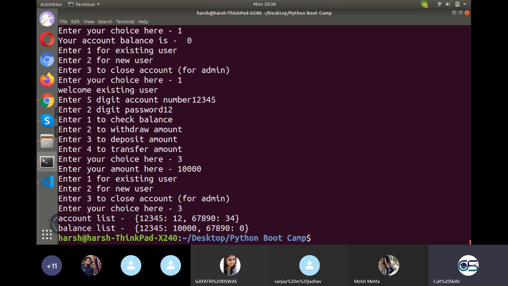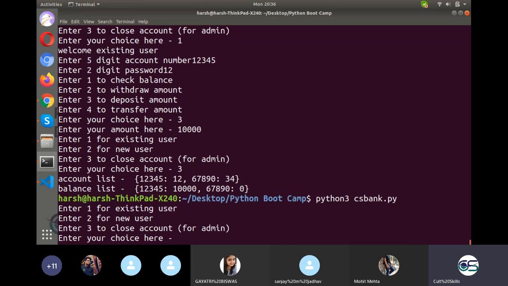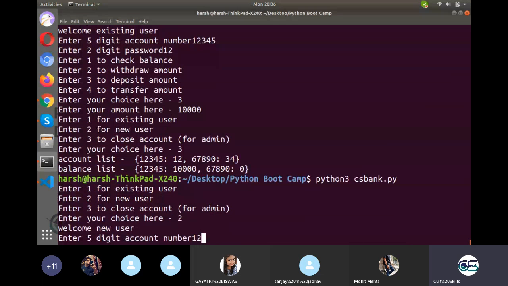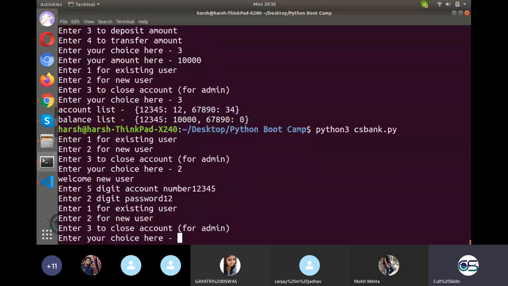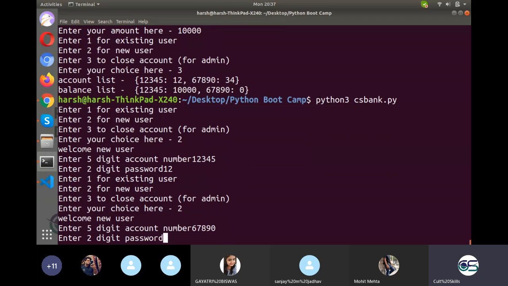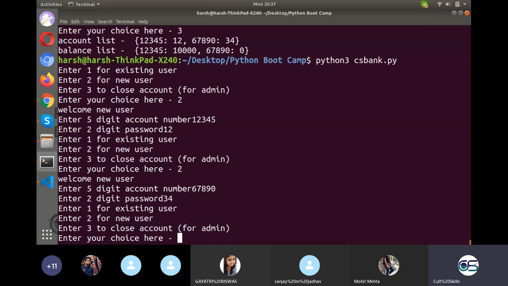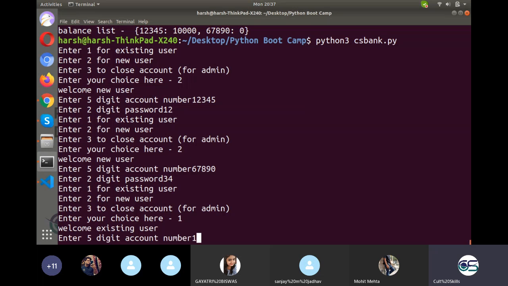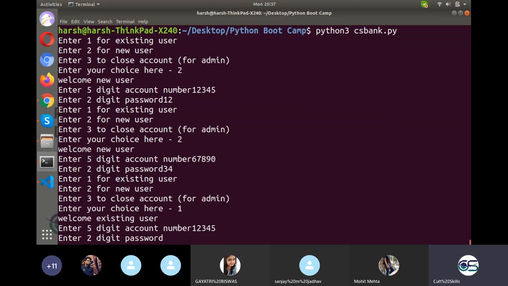Balance list is 10,000 for one account, 0 for another account. Run that again. New users 12345, 12. Enter your choice. New user again 67890 34. So right now I'm an existing user with 12345 as the account ID.